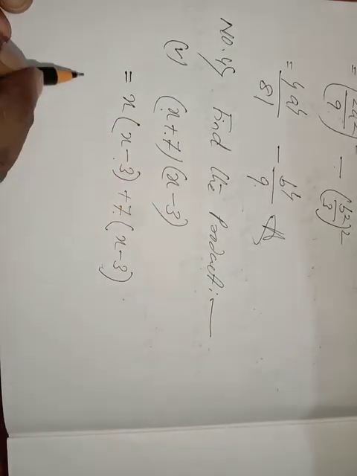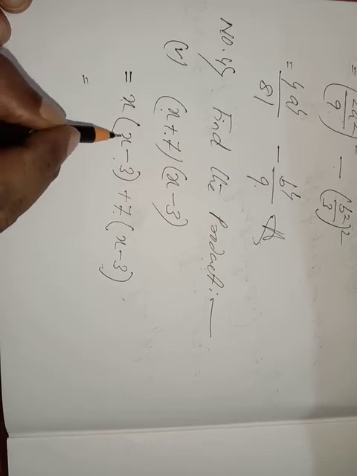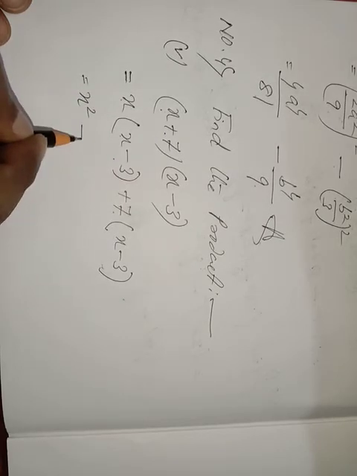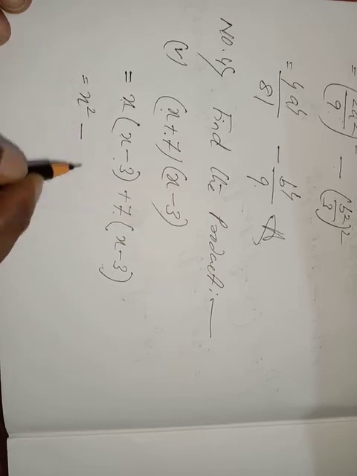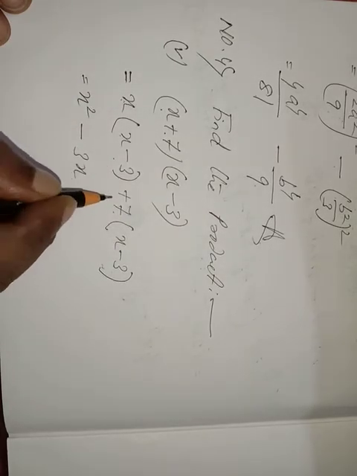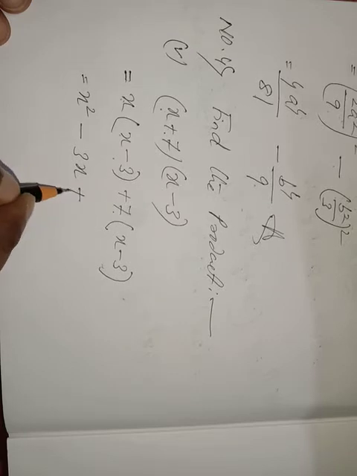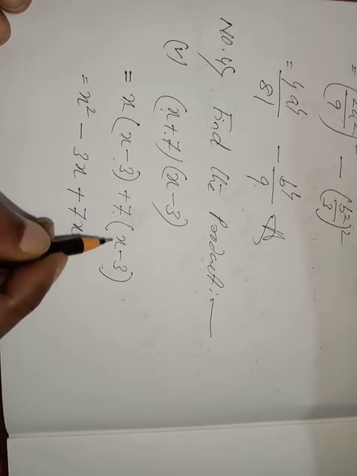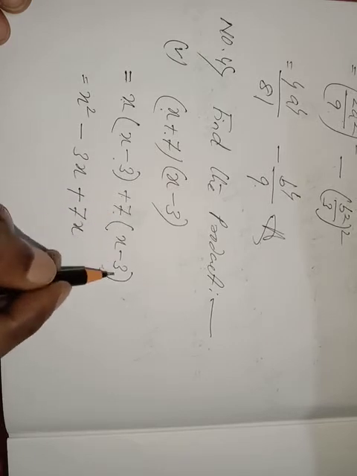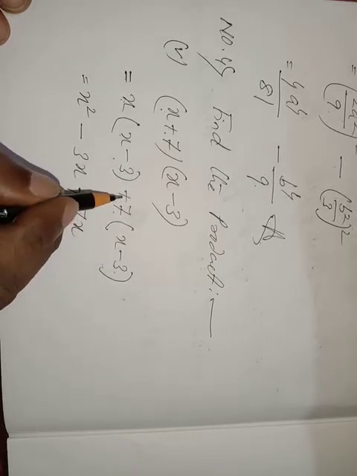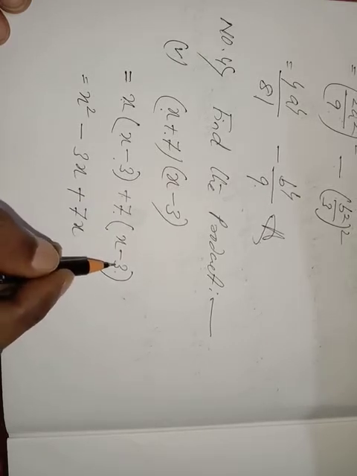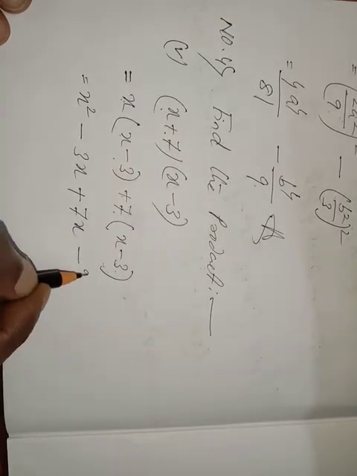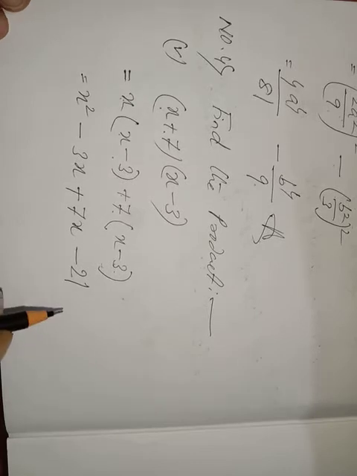Okay. Now you see, multiply. X into x, it will be how much? X square. Next is the minus sign given. X into 3, it will be 3x. Then the plus sign is given. Keep the plus sign here. 7 into x, this will be 7x. Now you see plus 7 into minus 3. If I multiply plus 7 into minus 3, it will be plus into minus gives minus. 7 threes are 21.